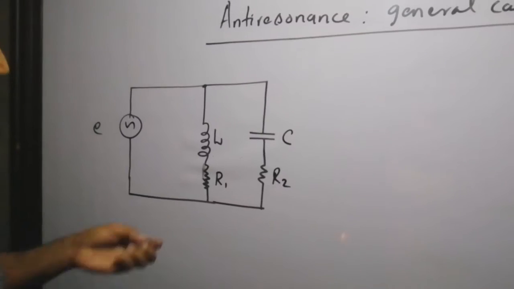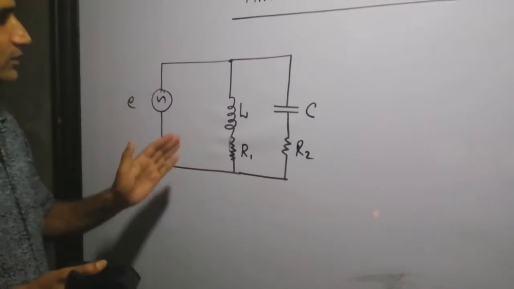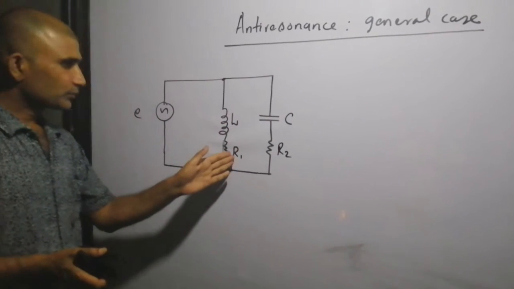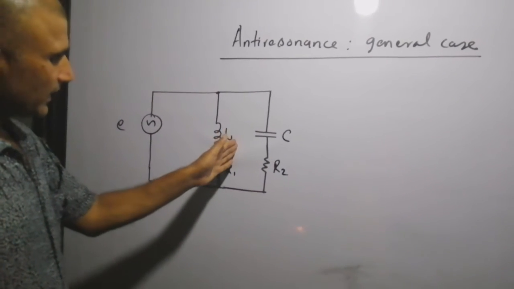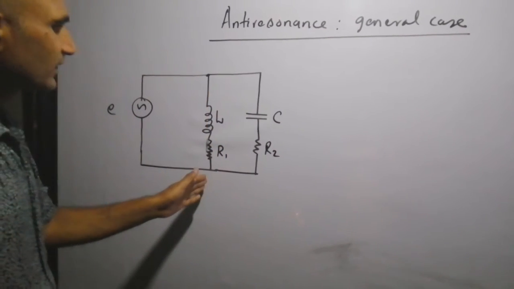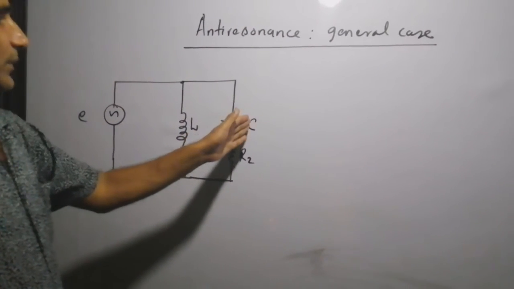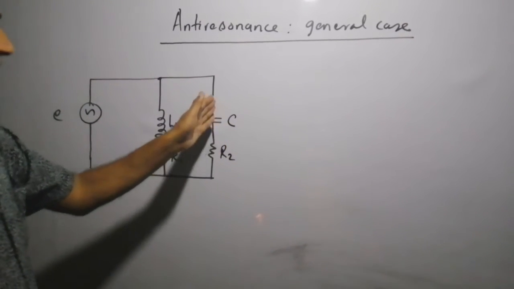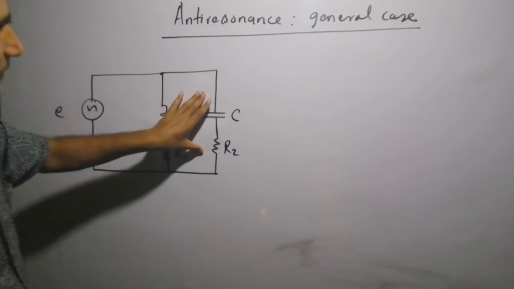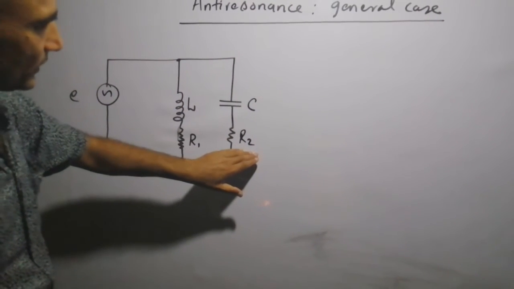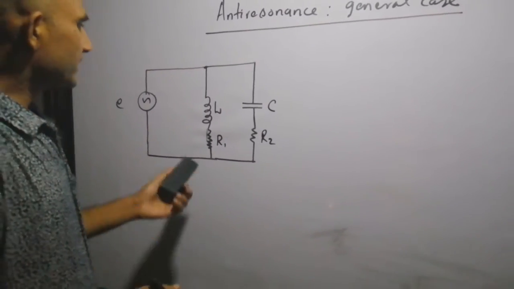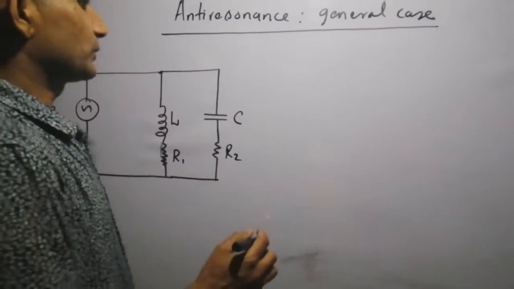Actually this is the practical case, because we always get some resistance along with the inductor, as the inductor is made from some conductor, and a conductor does have some resistance, which is connected in series. Likewise, if there is a capacitor, some resistance is connected in its series. So the capacitive branch also consists of a resistor, and the inductive branch also consists of an inductor. In this case we want to find the resonant frequency.